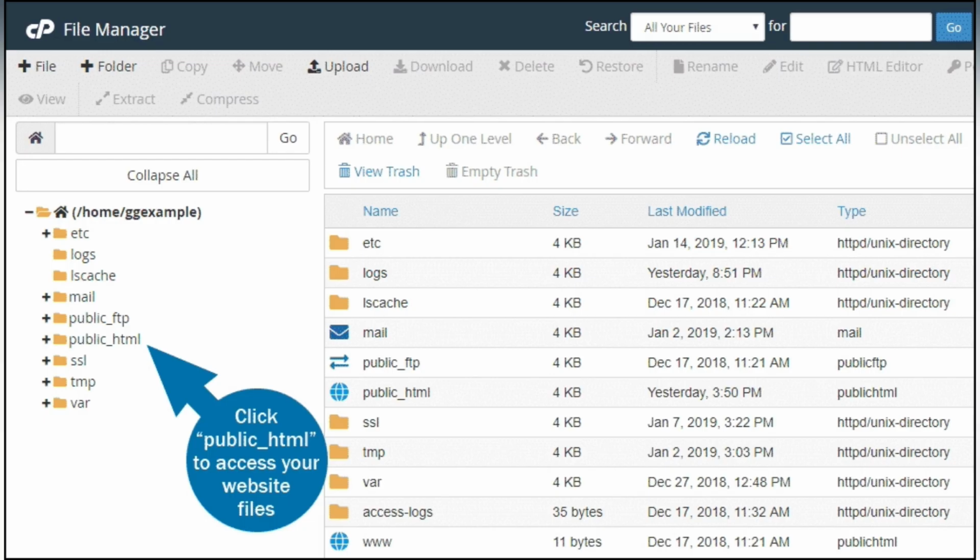Now, to truly start over, you have to delete the database as well, which is where all your posts and settings live. Go back to your cPanel main screen and click on MySQL Databases. Scroll down to find the database associated with your site, click delete, and then do the same for the database